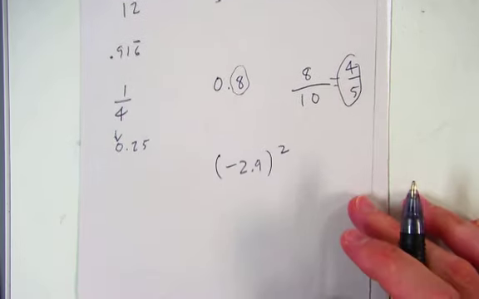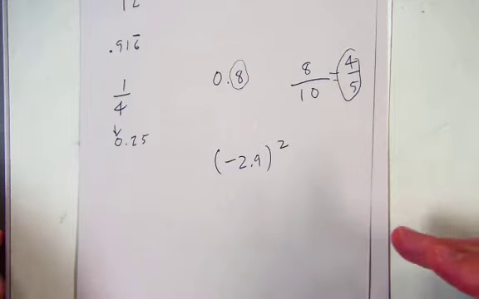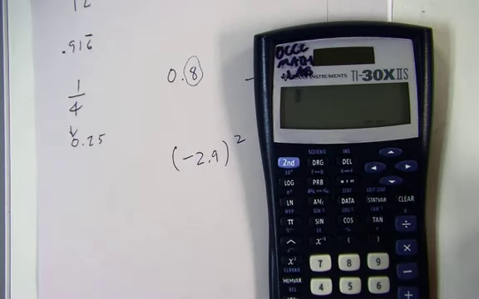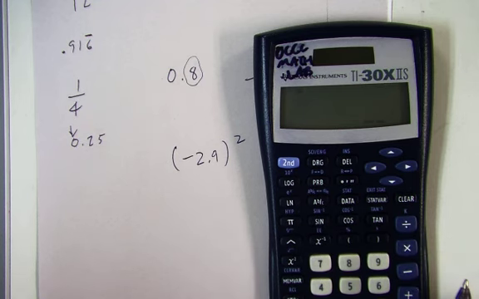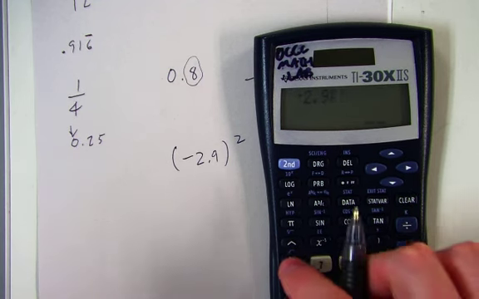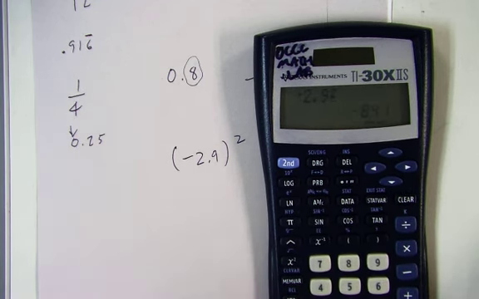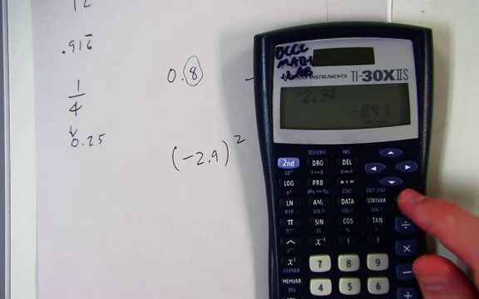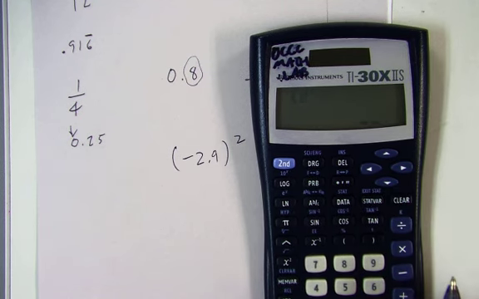Negative 2.9 squared. Now this is one that looks simple, but I'll tell you right now that a lot of people will put this in their calculator and they'll get it wrong. Like if you just do this, negative 2.9 squared, and you hit enter, you will get the wrong answer. And the reason for that is you have to have those parentheses in there in order to square the appropriate parts of the problem. So if I do it with a parenthesis,